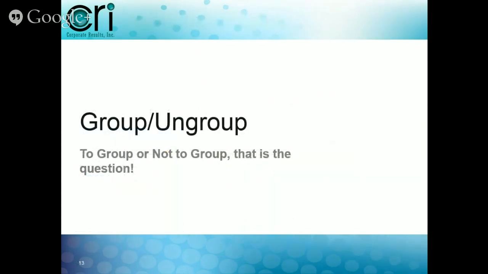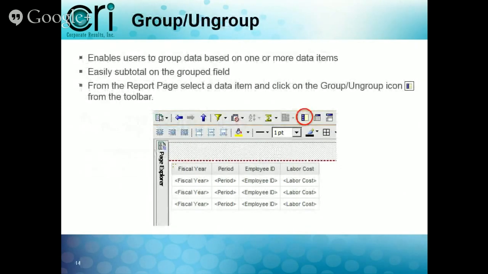Now I'll be discussing groups within Cognos. It's a good tool to have. You just want to make sure it becomes useful to you. A lot of people would like to export their data from Cognos into Excel and then manipulate that data in Excel. So grouping may not help you. But if you're just looking at the data in Cognos, or dumping it out to a PDF or saving it as a PDF, this is very useful. So it just allows you to group data